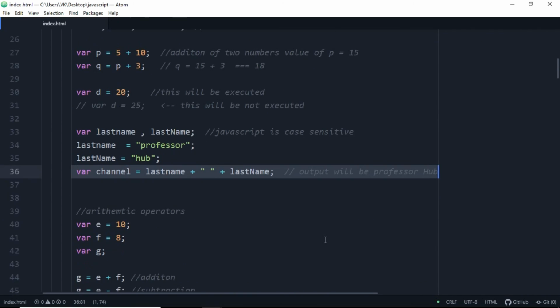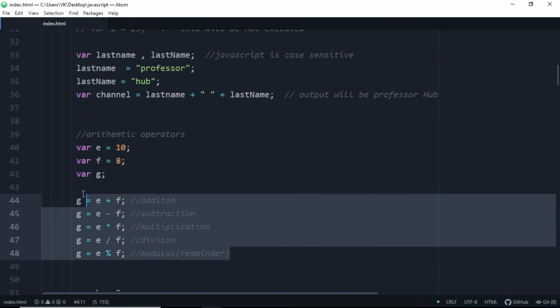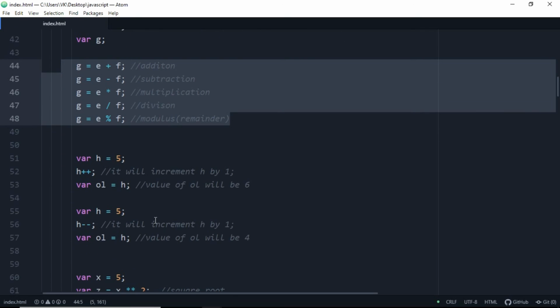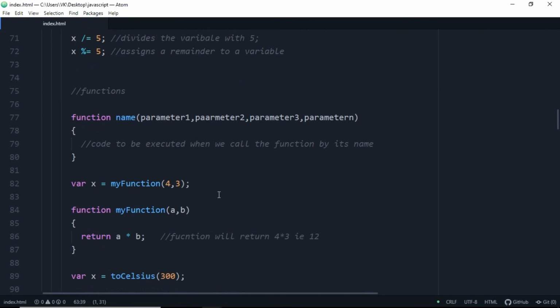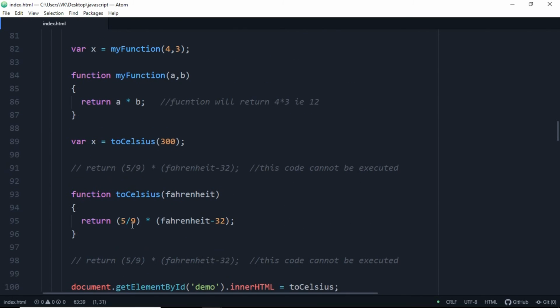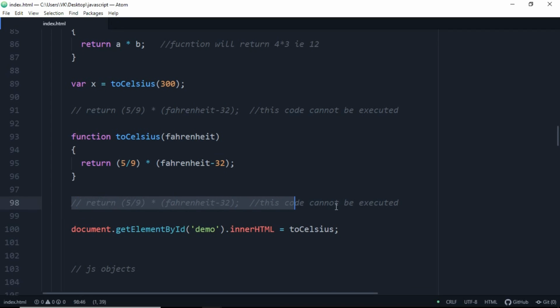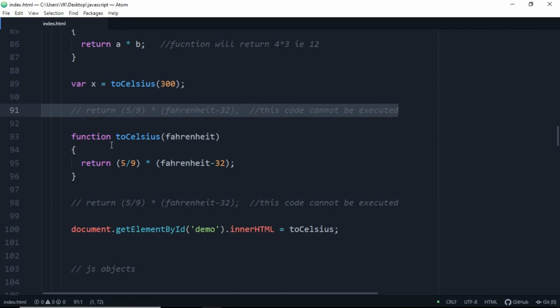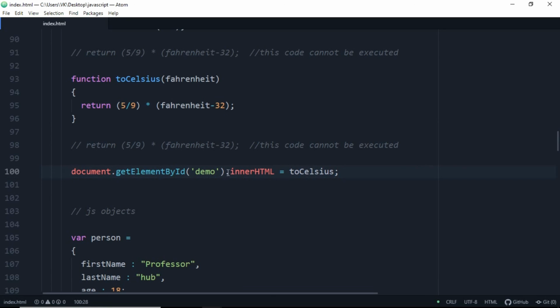So this is what I did in this video: declared variables, concatenated as strings, added numbers, used arithmetic operators like addition and subtraction, and then used the exponential function. You can see all this in the JavaScript documentation available on various sites. You saw what a function is and how to return a value from a function. The function never executes code outside of the curly braces. We also saw document.getElementById and how to do DOM manipulation. I also told you that if you want DOM manipulation in more detail, you can comment below.